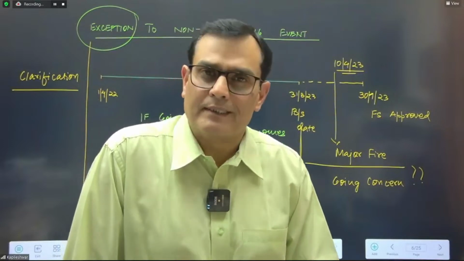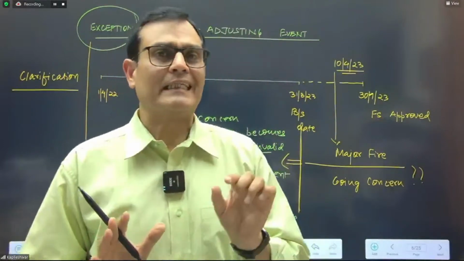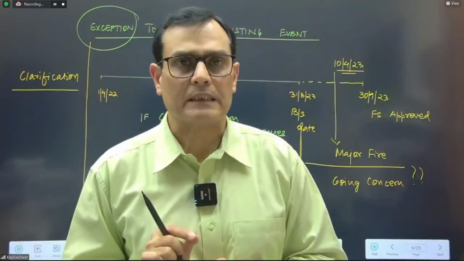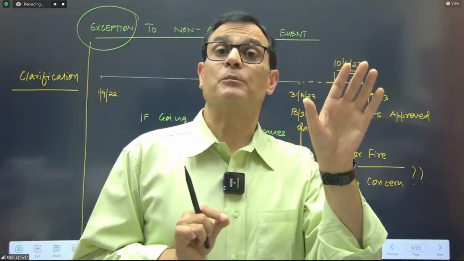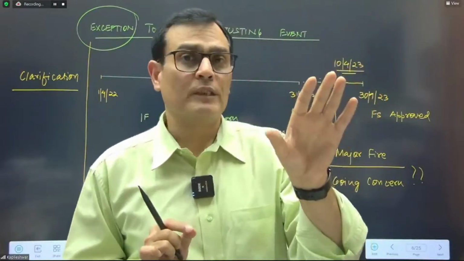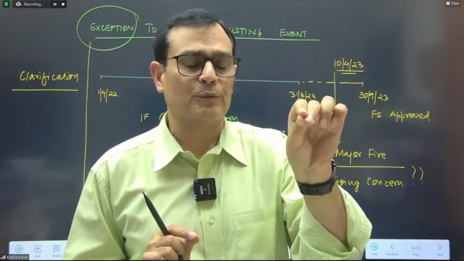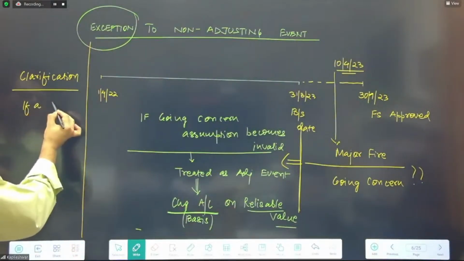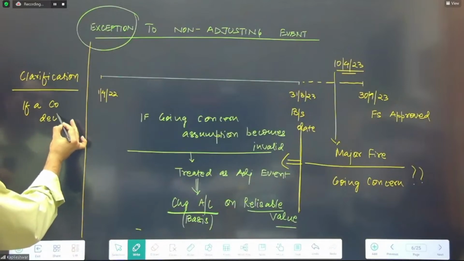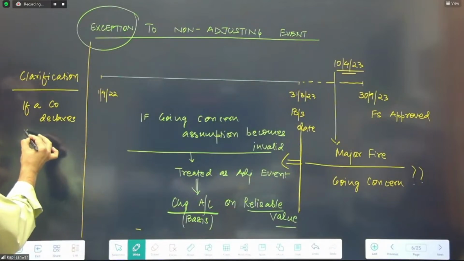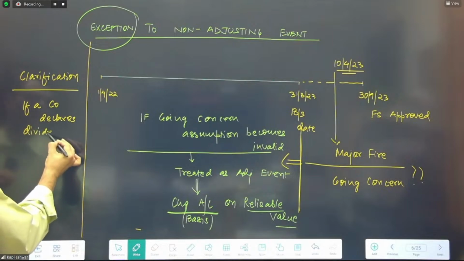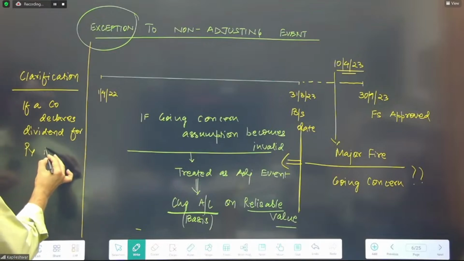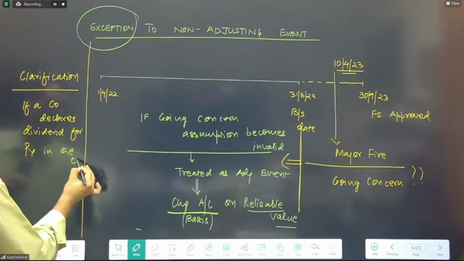No. There is a clear-cut input given in Ind AS 10 that if a company declares a dividend for the previous year, you're not going to make any changes to the previous year financials. It's only going to be disclosed in the notes to accounts. Let me put it out here. If a company declares a dividend for the previous year in the current year,